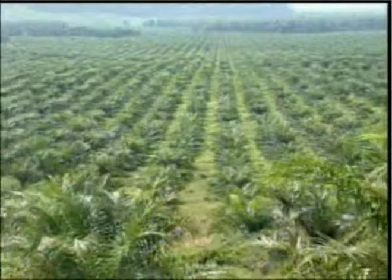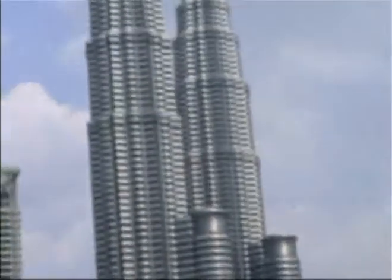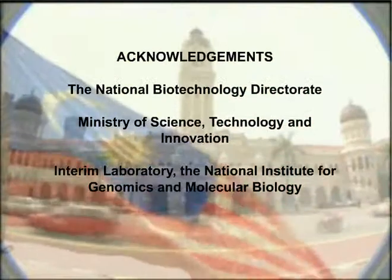With this sequence information available, scientists can develop new diagnostic tools for SARS, as well as advise the medical profession on therapeutic measures. In the present Malaysian scenario, bioinformatics has become an essential tool and the backbone for research in biotechnology. With the government's continued support, bioinformatics in Malaysia